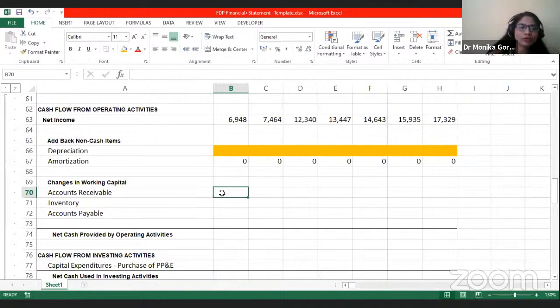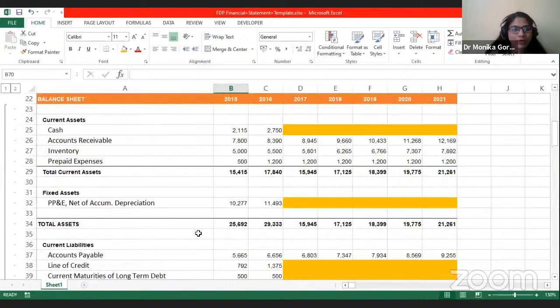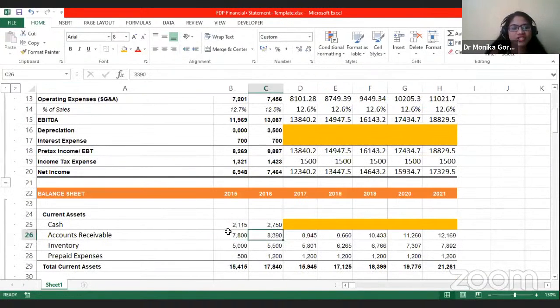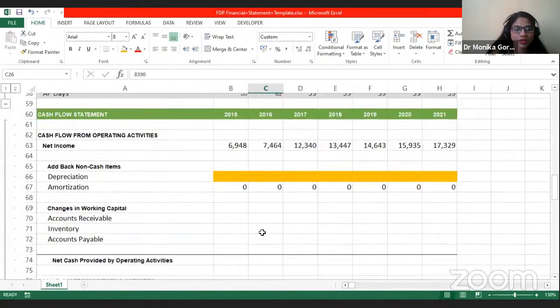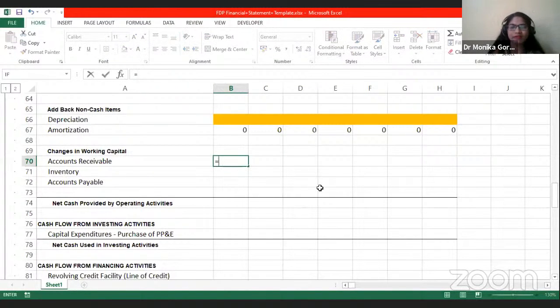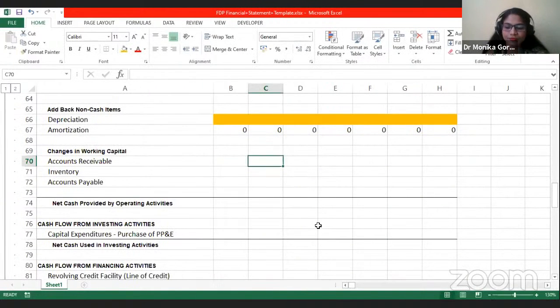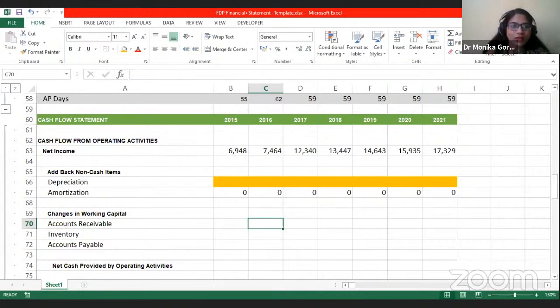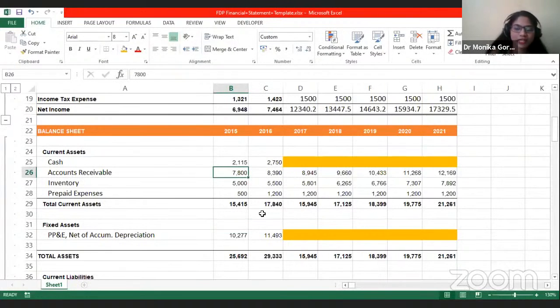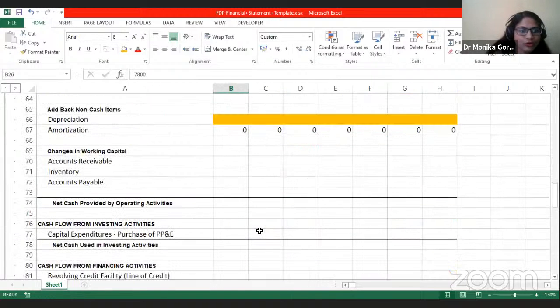accounts receivable. So how are we going to calculate the account receivable changes? The account receivable amount I am going to get in my balance sheet current asset. Okay, so moving ahead, whenever we calculate your account receivable changes, previous year. Okay, let's start here only. Here if we see, previous year it was 7,800, and next year it is 8,390. So the figures are saying that it has increased from 7,800 to 8,390. So previous year minus current year, I will come to know what is the change in my accounts receivable, is equal to